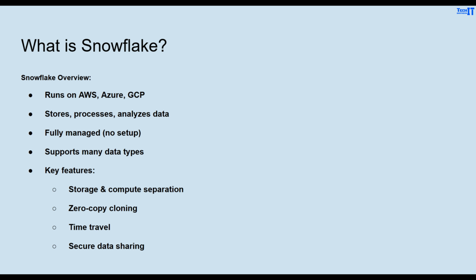Snowflake supports multiple data types such as structured, semi-structured like JSON, and even unstructured data. Some of its most powerful features include separation of storage and compute, so you can scale them independently, zero-copy cloning to create instant copies without extra storage, time travel to view old data, and secure data sharing